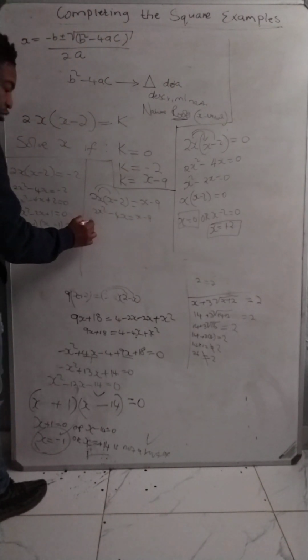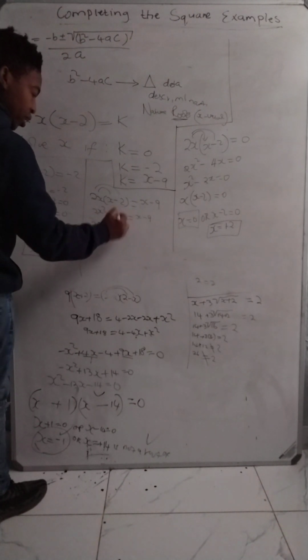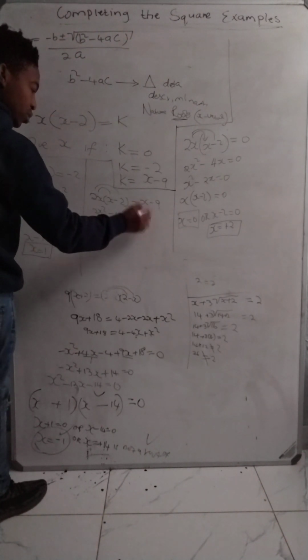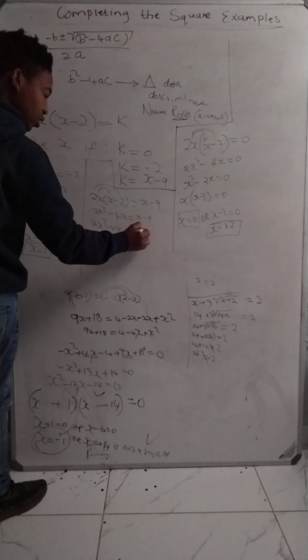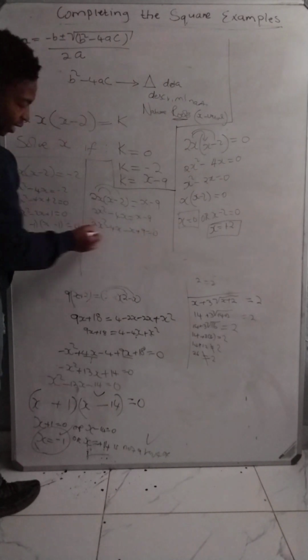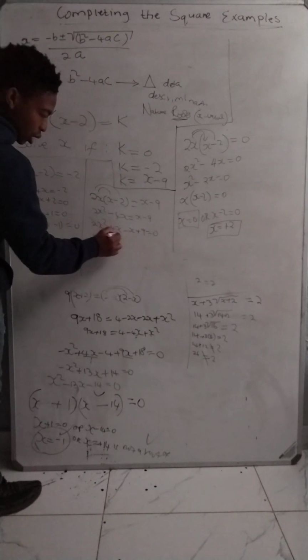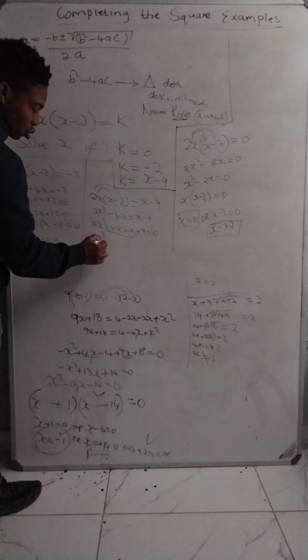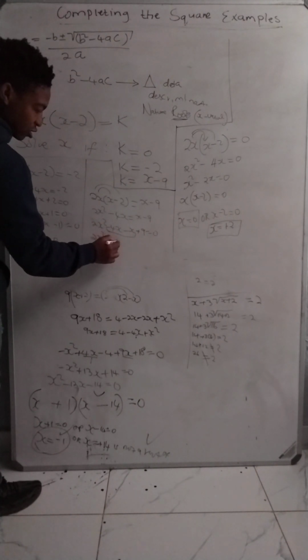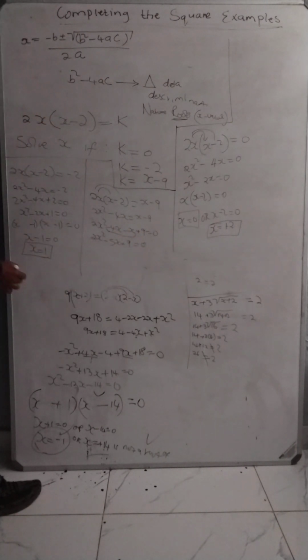Then you bring x this side, it will be minus x, and you bring minus 9 this side, it will be positive 9, is equal to 0. Then you group the like terms and add them. So you'll have 2x squared, these are likes, so you'll have minus 5x plus 9 is equal to 0. Now,